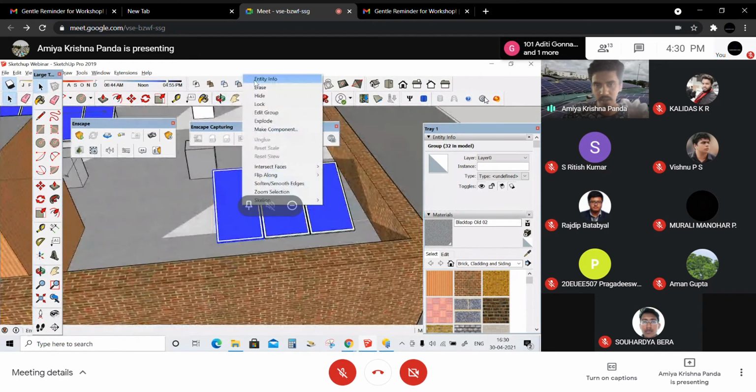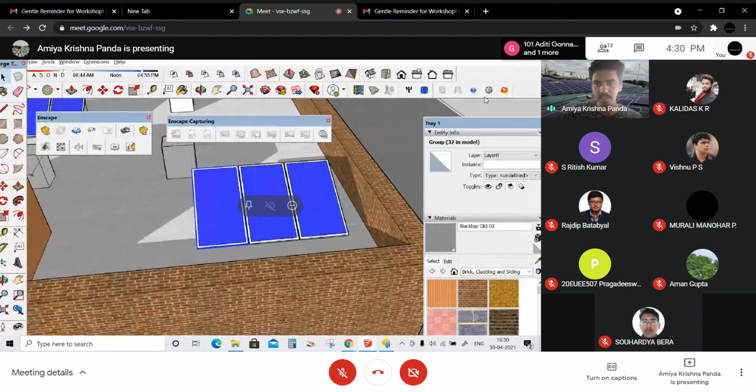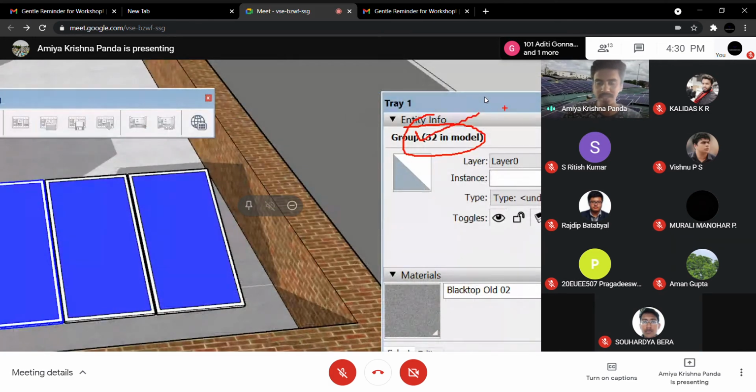Right click on it, entity info. Here you can see the number of modules in the group is 32.